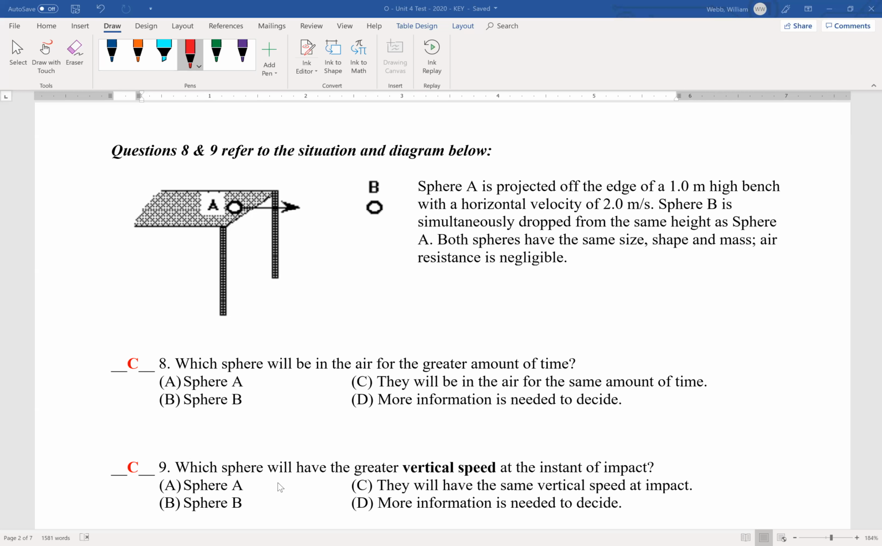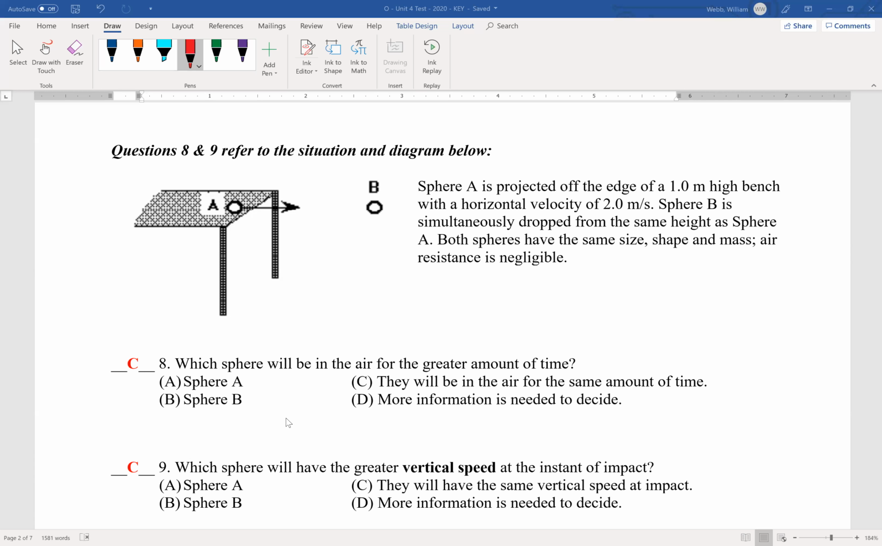And then for 9, which sphere will have the greatest vertical speed at the instant of impact? You could think through like VVAT. The initial velocity is going to be 0 for both vertically. And the time we just figured out for 8 would be the same. And the acceleration's due to gravity. Or you could use the third kinematics equation. The distance they're falling is the same. The acceleration's the same. They both have the same initial velocity. So in both cases, you could use either of those equations to verify that the final velocity, vertically speaking, would